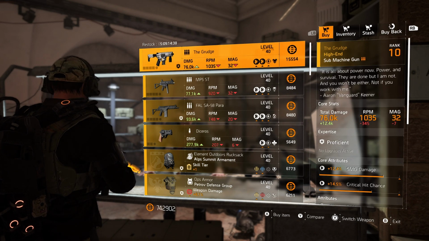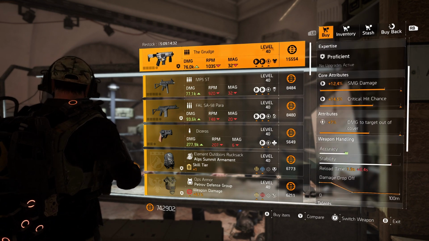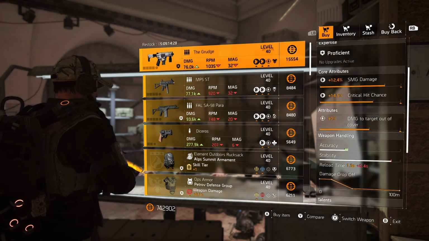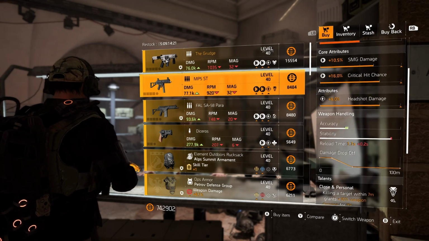Vindictive. If you don't have this proficient, buy 20 of them and do it. It doesn't have bad rolls, but I would take critical hit chance off and roll it for something else. Unless you wanted a crit chance, then roll damage to target out of cover for crit damage. Up to you. MP5,